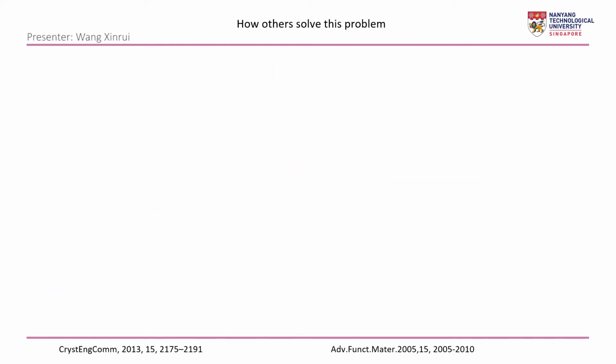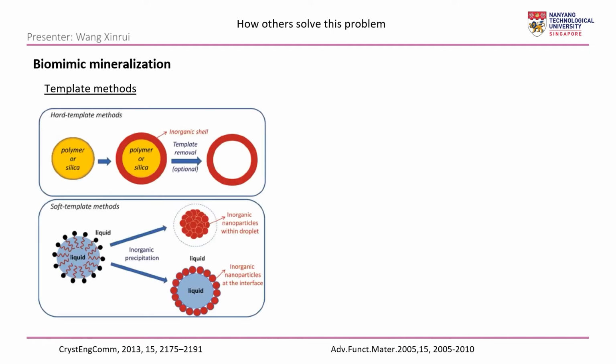The other category, biomimetic remineralization, is generally based on template methods, including hard templating and soft templating methods. Hard templating, in which colloidal particles, typically silica or polymer particles, act as a support for the formation of crystals on the surface, and soft templating, in which colloidal structures, for example micelles, confine crystallization, mostly in emulsion and phase